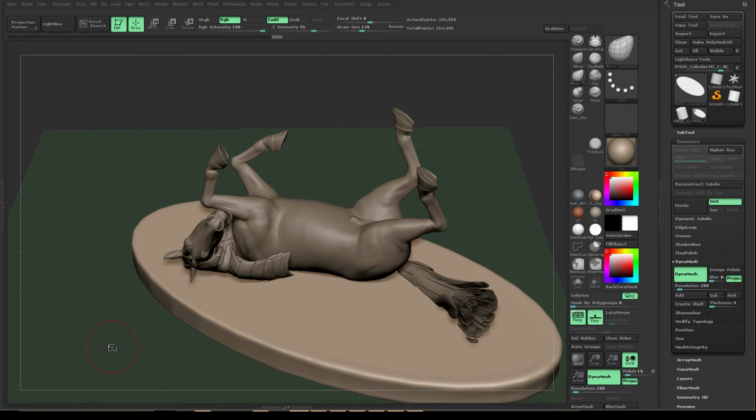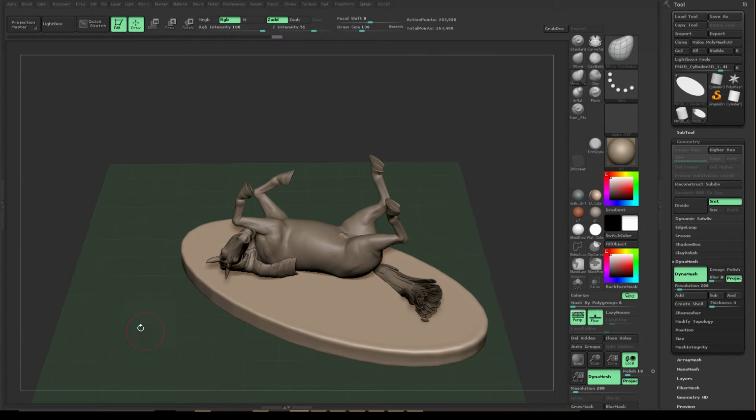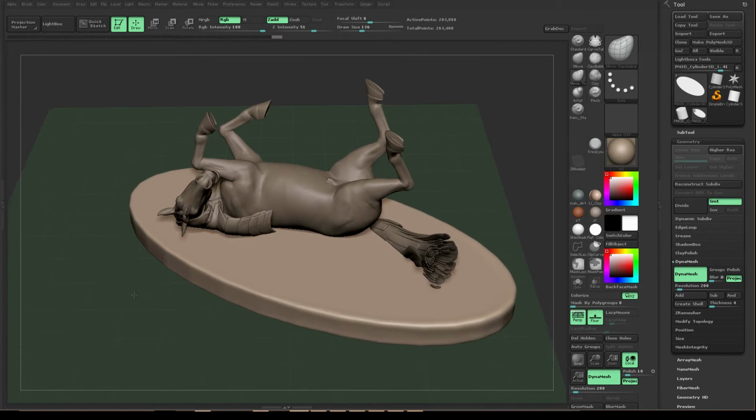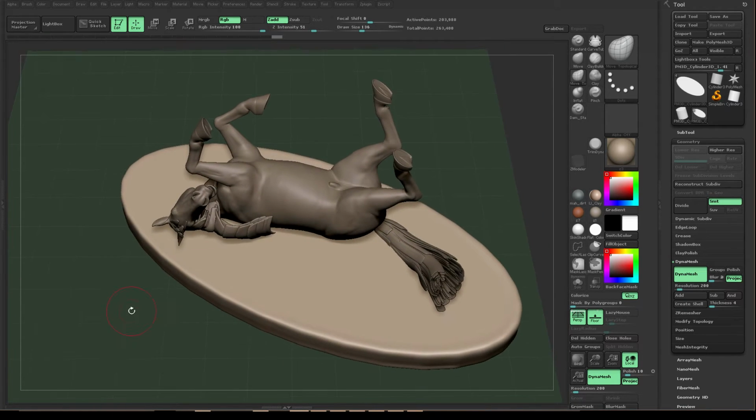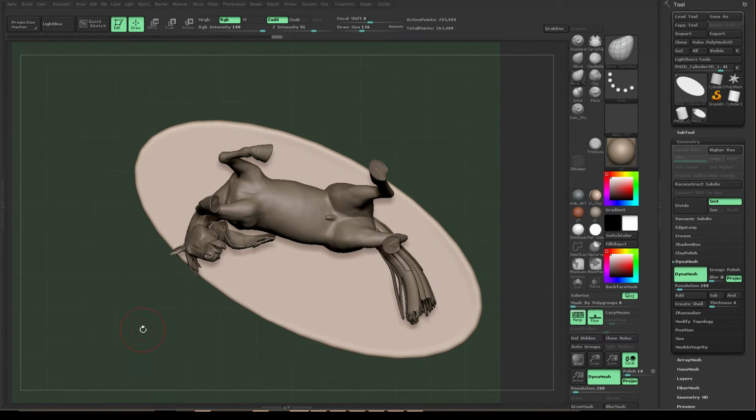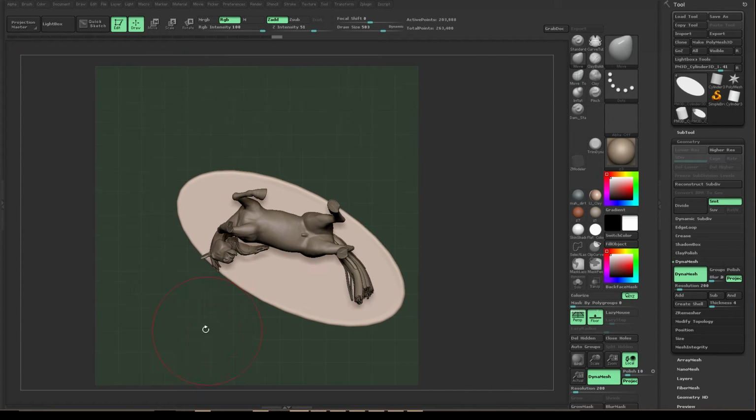The people that are going to stick around to listen, those are the people I'm interested in talking to. So why is that important? Whenever it comes to ZBrush, right, or any program for that matter,